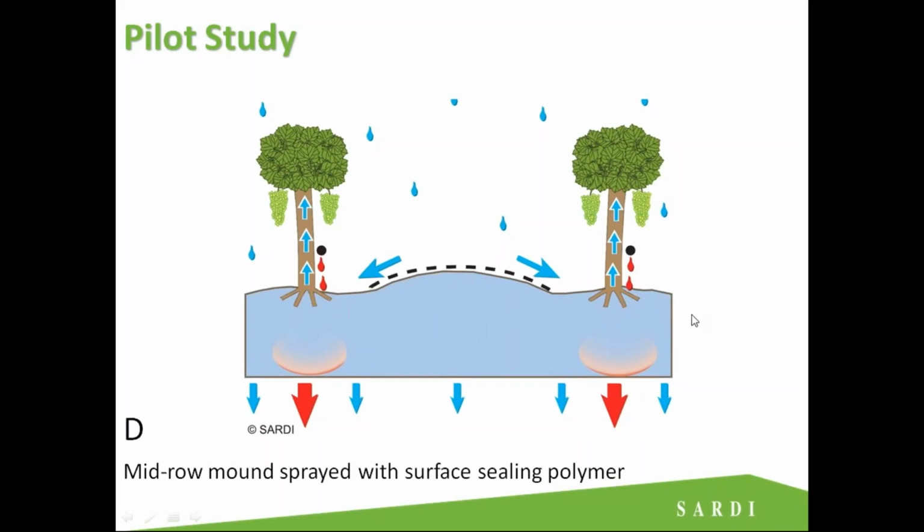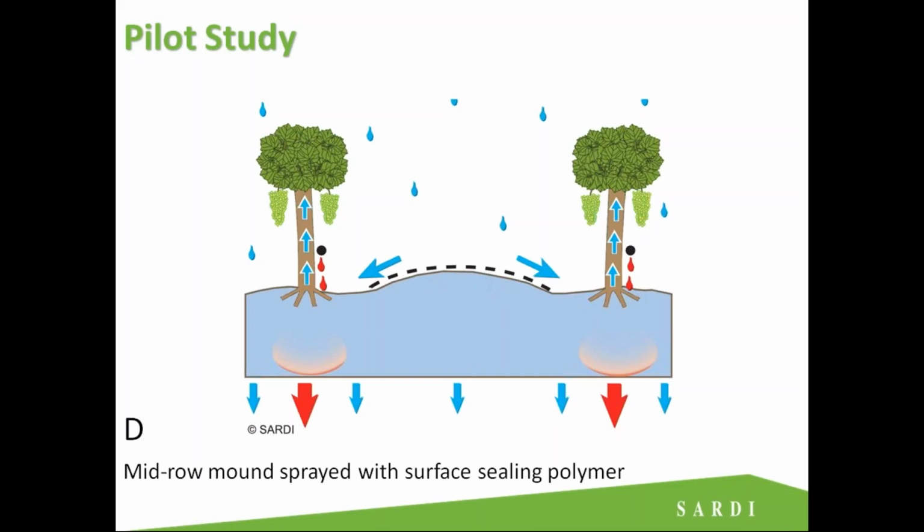The next treatment was that same bare earthen mound, but in this case we had occasional applications of a spray-applied surface crusting agent, and in this trial we used a product called TGC, Total Ground Control Soil Lock. It's a polymer that's frequently used in the mining industry as a dust suppressant, and effectively what it does is just crust the surface of the soil. And the concept here was